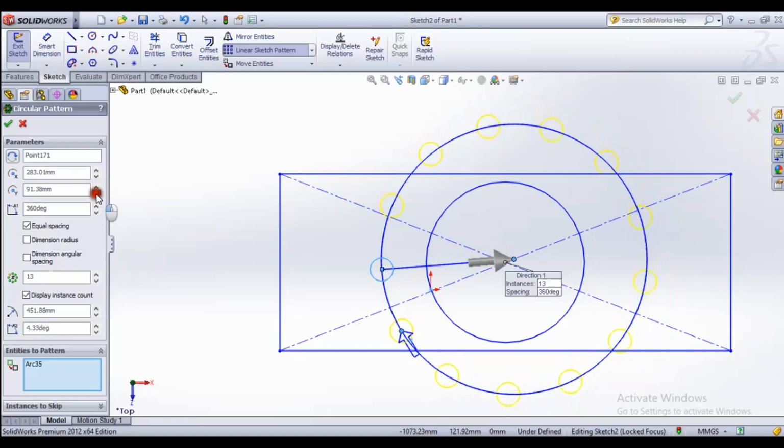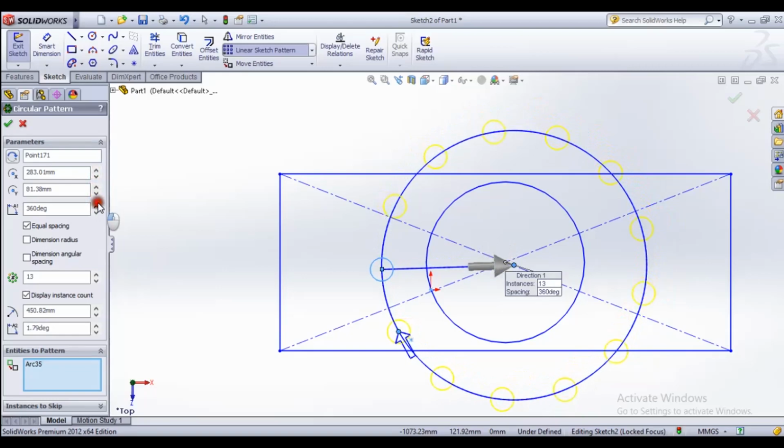X and Y radiuses, and we can use how many angles. This into this angle, only this amount of circles drawn.